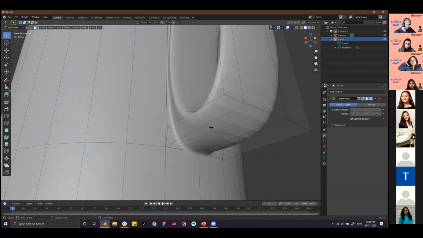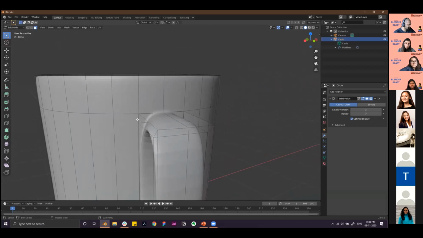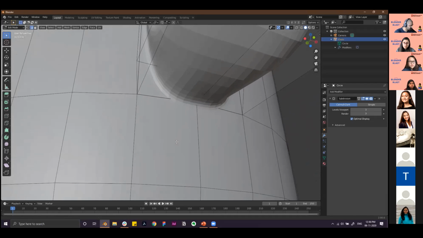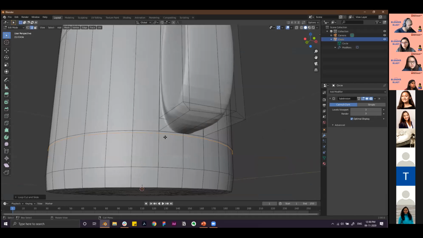Okay, so with this shape, you might notice that there's a bit of a complex structure that's coming out here on the edges. The way you can fix it is by inserting an edge loop and decreasing that area. So on the top side, you can press Ctrl R and put a new edge loop and drag it down to the bottom. You can see that the whole structure is having a more defined shape now. So it falls into place. So it doesn't take up too much area. So you can do that for the top. And similarly for the bottom part, you can press Ctrl R, insert another loop and drag it to the top. So it'll take less area. So it's more defined now.